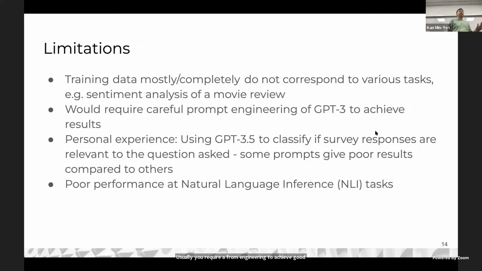Personally, I have some experience because recently I'm doing a project where I'm trying to classify survey responses. They're relevant to the questions being asked, right? So you ask the language model, hey, can you classify if this given response is irrelevant or relevant? And then if I try different prompts, sometimes the prompt gives me really good results. Like I say, hey, return relevant or irrelevant. But then sometimes with some prompts, it just comes out and gives a whole long paragraph and it doesn't really tell whether it's relevant or irrelevant. So in general, the language models that have been trained have a poor performance at natural language inference